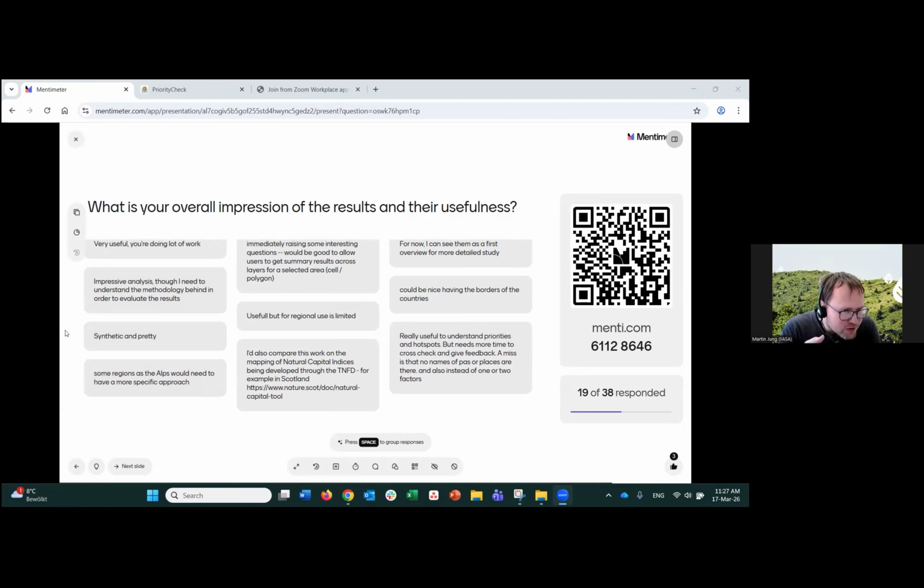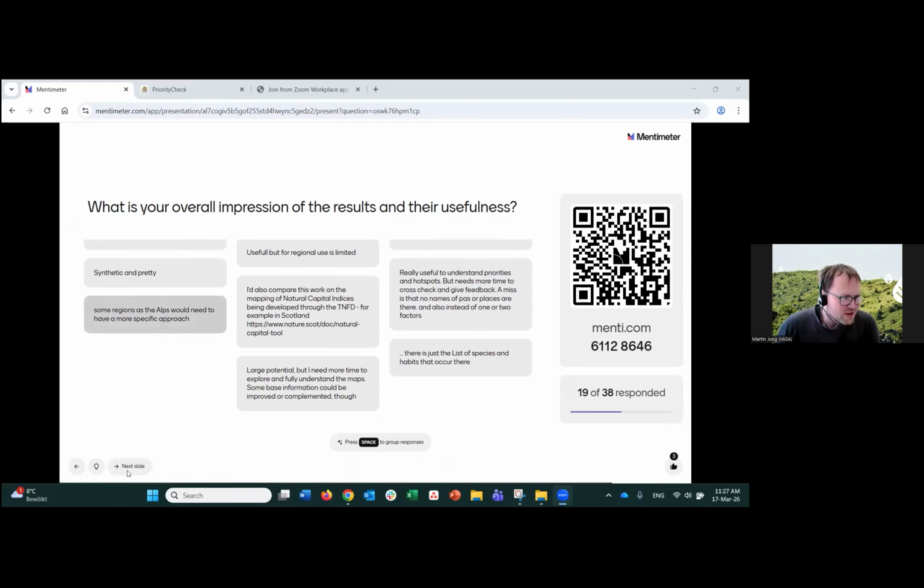And otherwise, there's some feedback on specific Alpine priorities and regional use. Yes. Again, it's of course like that with every map. Many of you might notice with larger maps, once you zoom in, there will always be something that might be better resolved if we made a very targeted view of this area. But we're looking here really at the different patterns across scales, across different layers and targets and biodiversity strategies. Then there's more names of places and so forth. Okay, maybe we can go to the next slide.